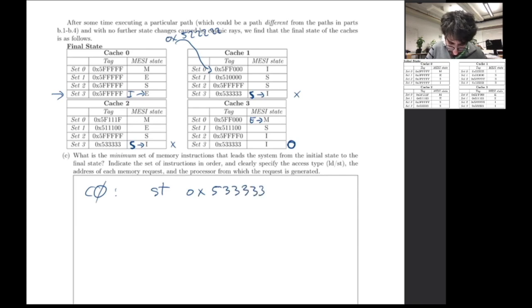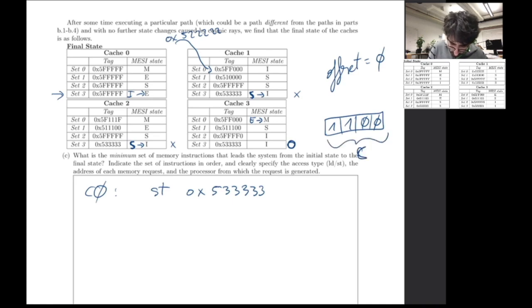the same address. We have to specify the set as well. So the sets are 2 bits. If you are in set 3, you have 1, 1. And because we assume that the offset is 0, we have 1, 1, 0, 0. And this is C. So we need to put a C here. And the rest of the offset is 0 as well. So with this first instruction, we have in the final state already the cache 1 set 3 and the cache 2 set 3. Okay. To set cache 0 in the final state,